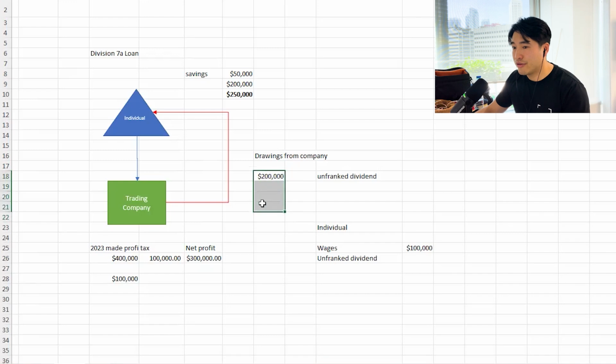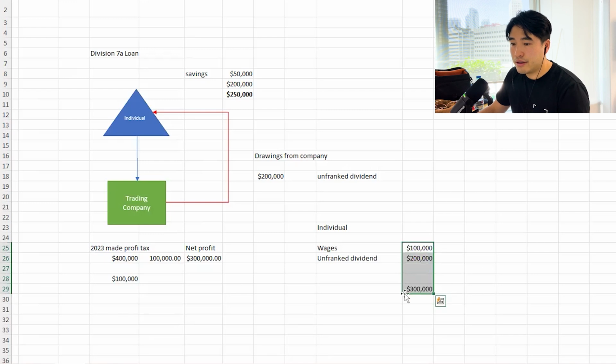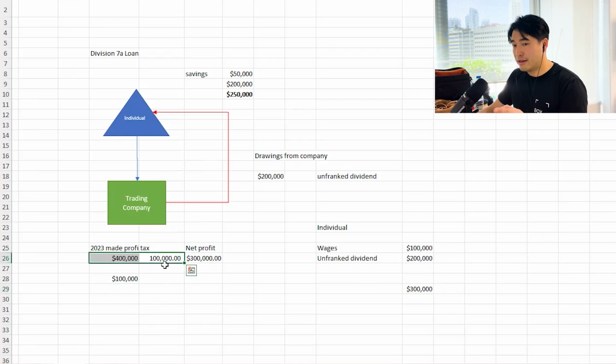Once they find this $200,000 taken out of your company, they'll ask you again, what's this $200,000? You say, oh, I drew this money out as a loan, or, I took it out, I'm going to pay it back. The ATO goes, well, that's not good enough. There's no loan agreement in place. So as a result, we're going to make you pay taxes on $300K. And don't forget, that tax has already been paid.